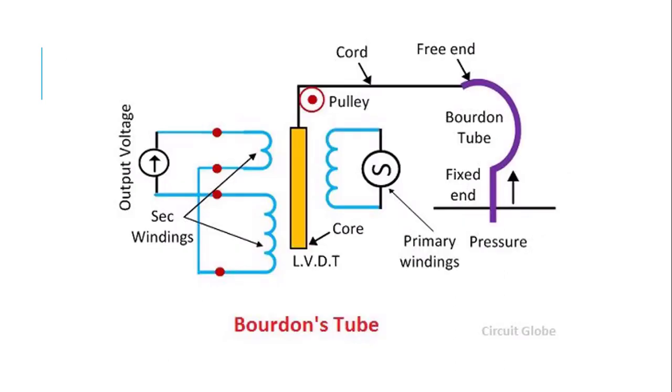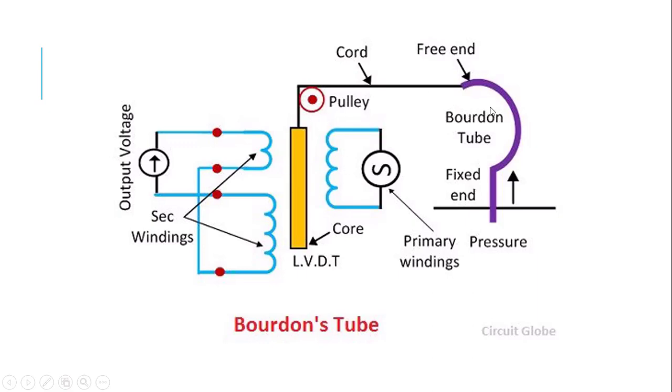Correct. For a simple example, this is the Bourdon tube. So what is happening in the Bourdon tube? You can see in this image it is quite different. In a Bourdon tube, a pressure is there. On this side the pressure is maintained, on this side the pressure is maintained, and then it is made to move over here. Clear? So this is the LVDT. Any pressure change would change the electrical flux. Correct? Would change the electrical flux.